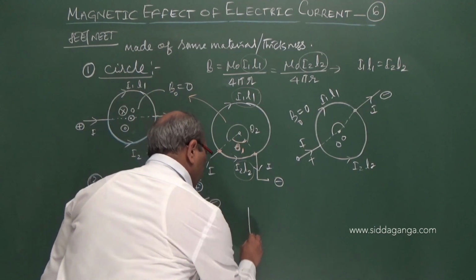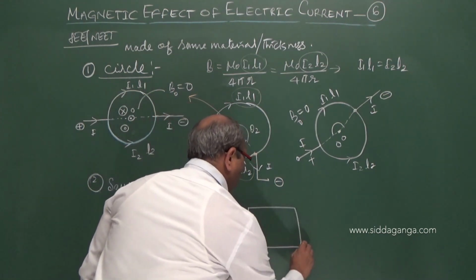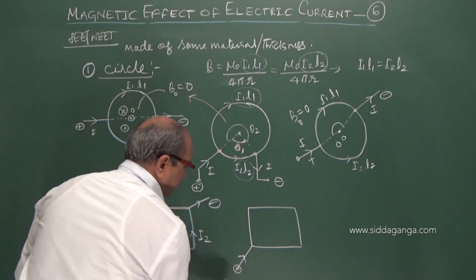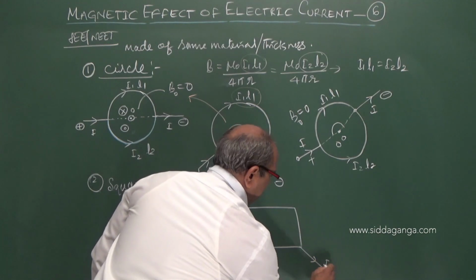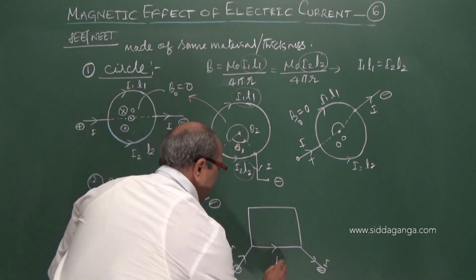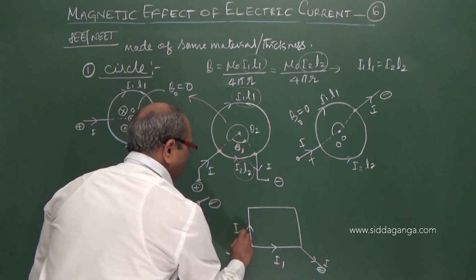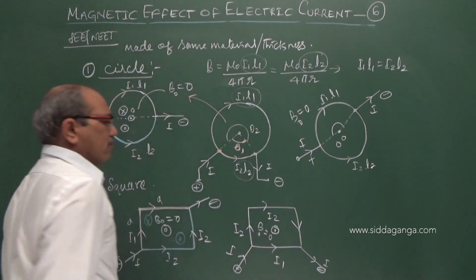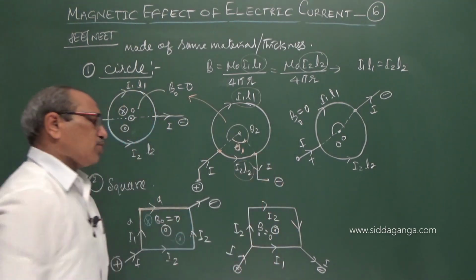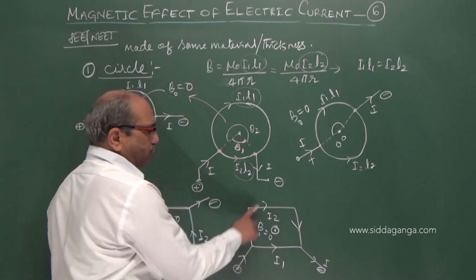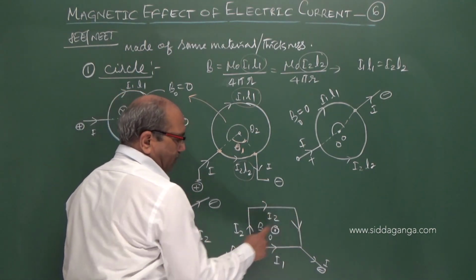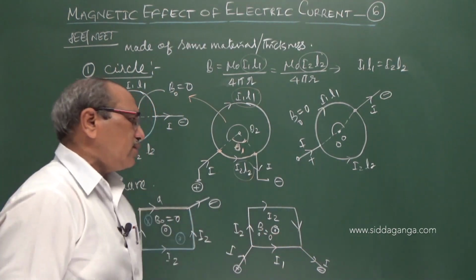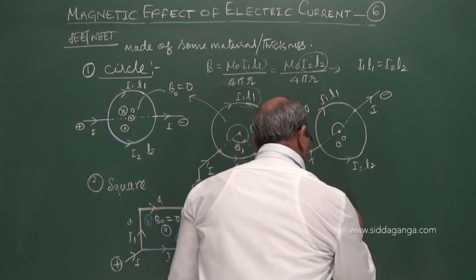Even if you take this square itself in another shape, the current may be given from this end and taken out from the other end. Here I1, here I2. Again at the center the field is 0. Whatever the length, no question, it is split. This square loop is split into two parts. One part carries the current clockwise, the other part anti-clockwise, the strength is the same, opposite in direction, and the net field at the center becomes 0.